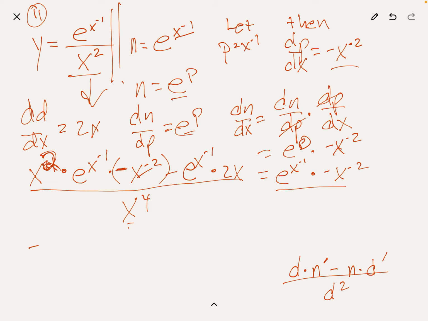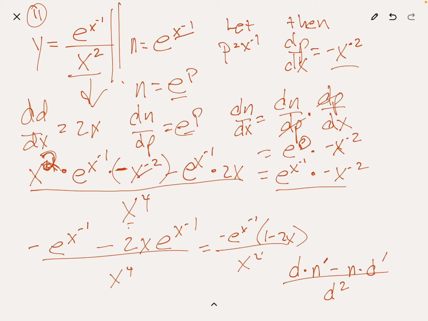So simplifying this, we get negative e to the x minus 1 minus 2x times e to the x minus 1 all over x to the 4th. And I suppose you could simplify that a little bit by factoring out a negative: negative e to the x minus 1 times 1 minus 2x over x to the fourth. I think that's right. I hope that's right. Okay,